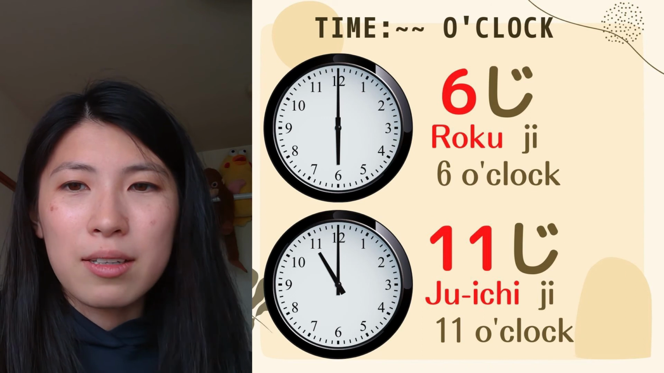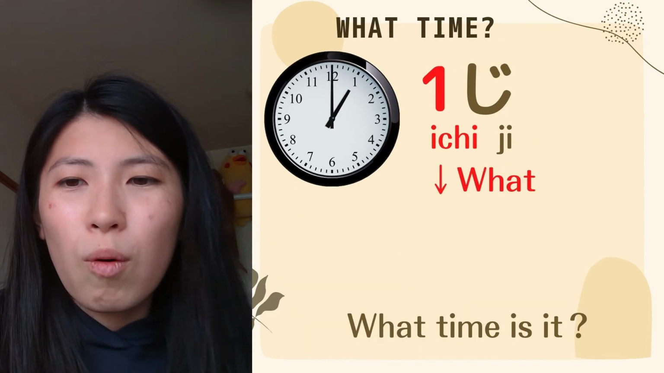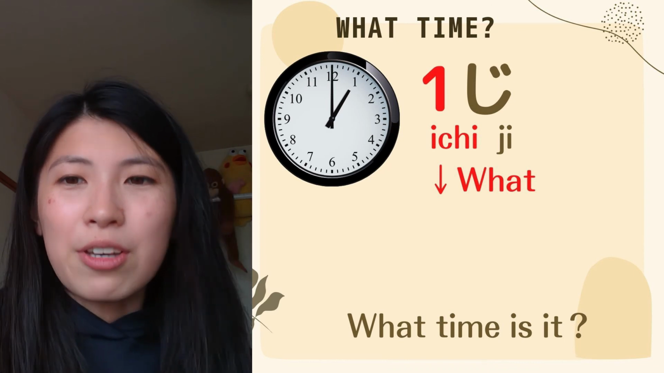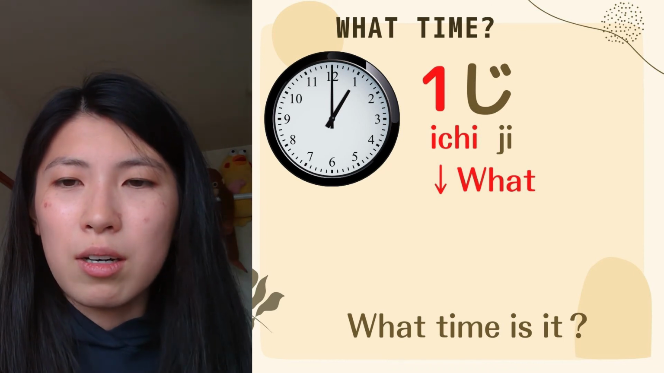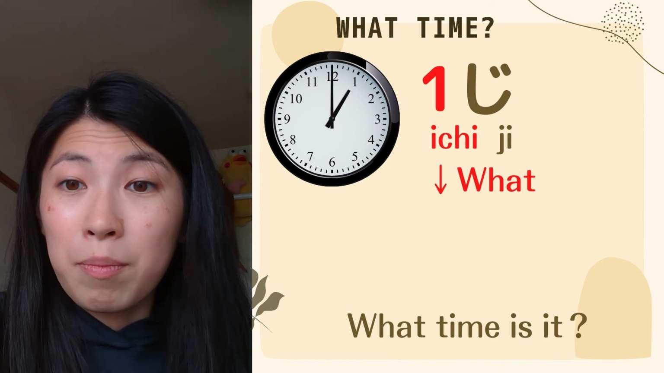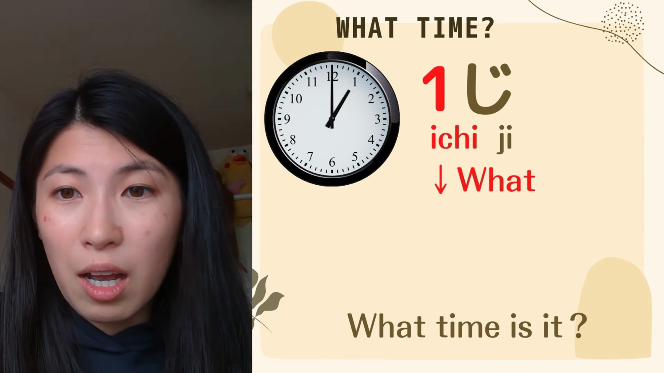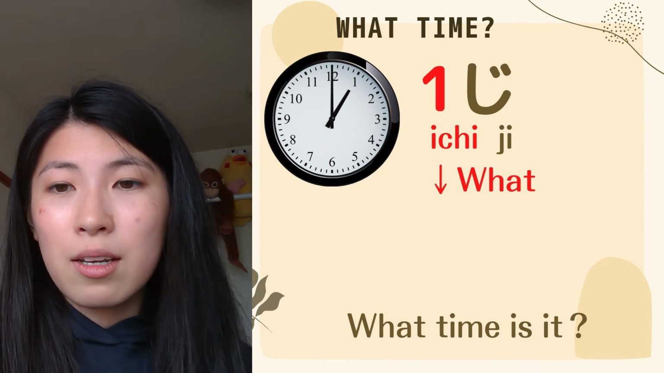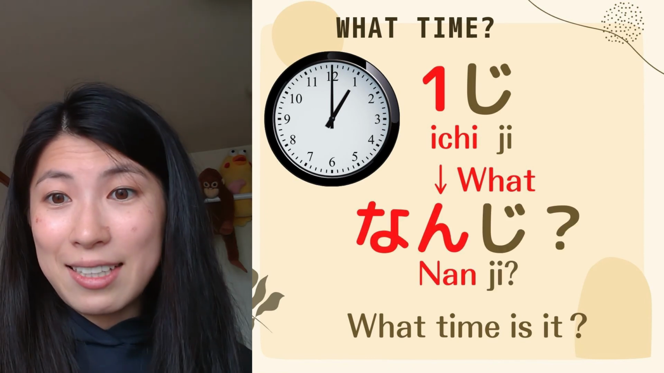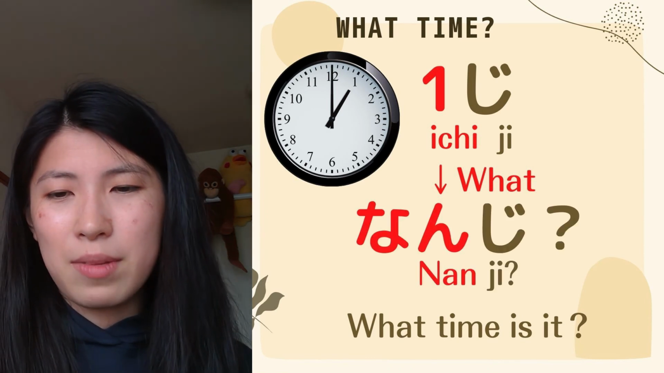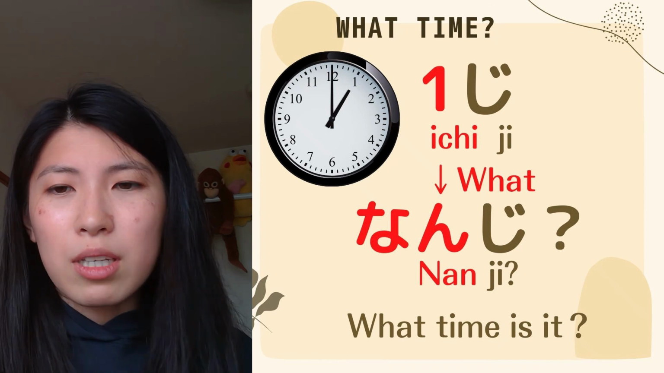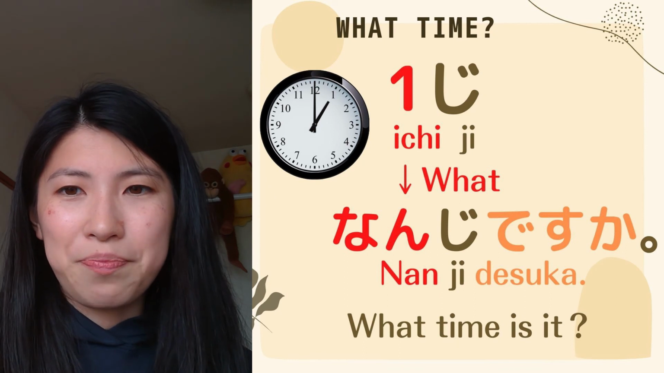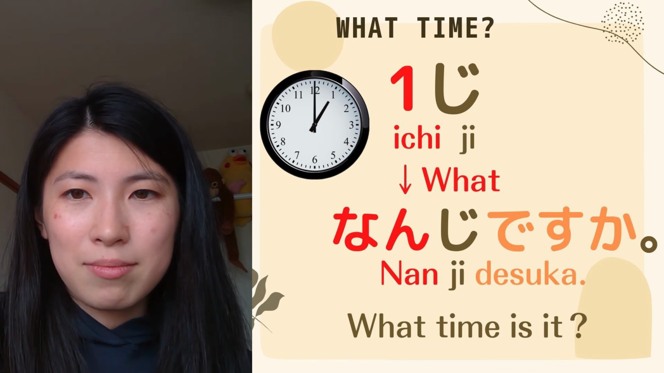Okay, well done. If you wanted to ask "What time is it?", as I mentioned, you have to think the answer first. So 1時, 1 o'clock. But now you wanna ask what time. So instead of 1, you need to use the word 何. So it's gonna be 何時, which means "what time is it?" Of course, if you wanna make it polite, you can also say 何時ですか？